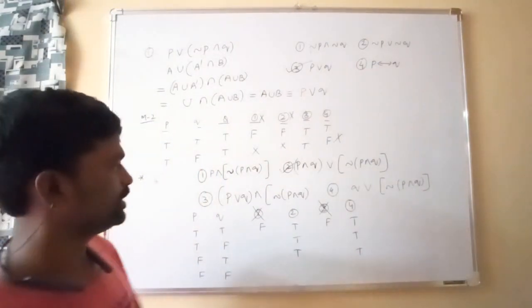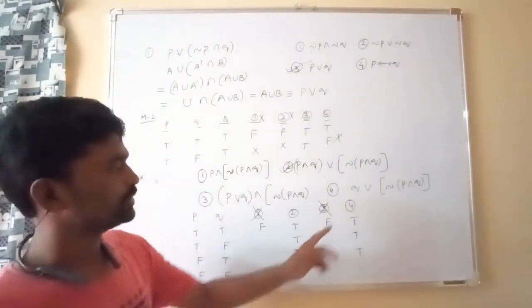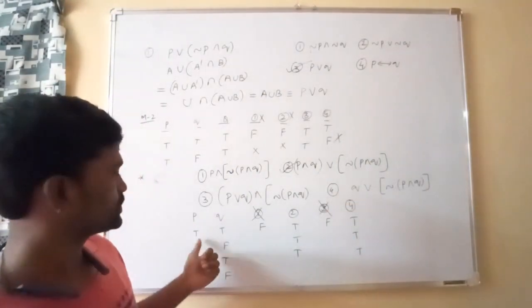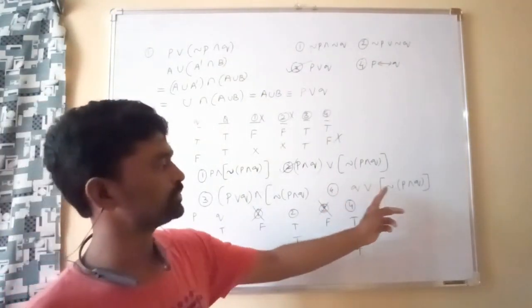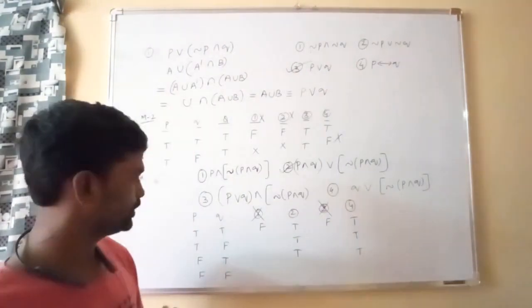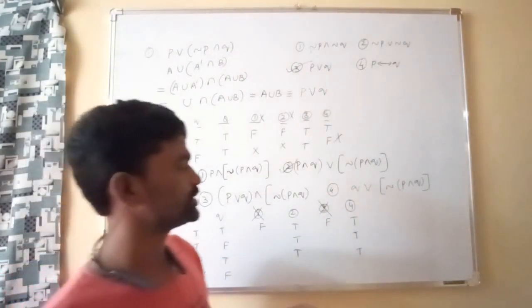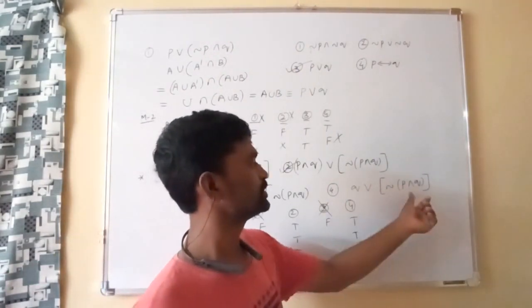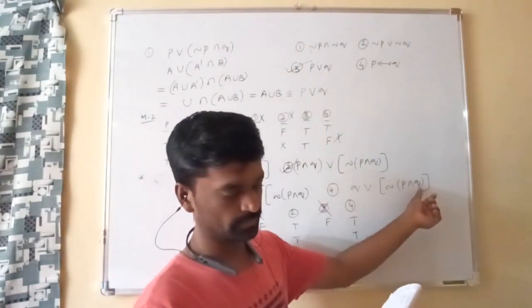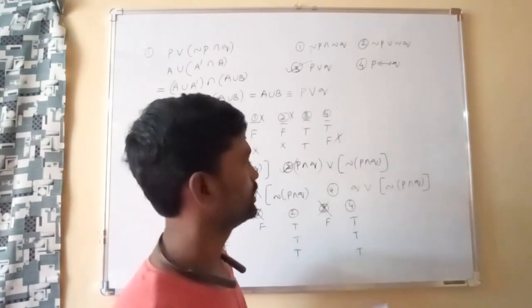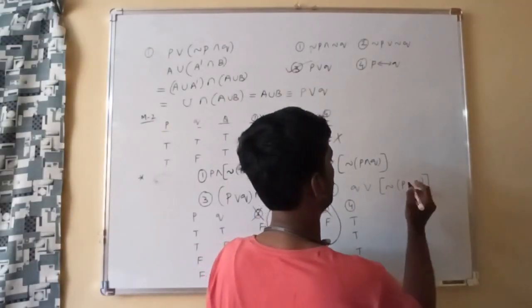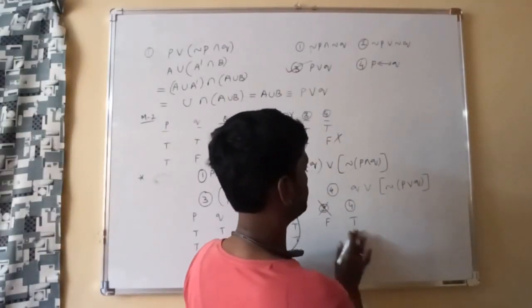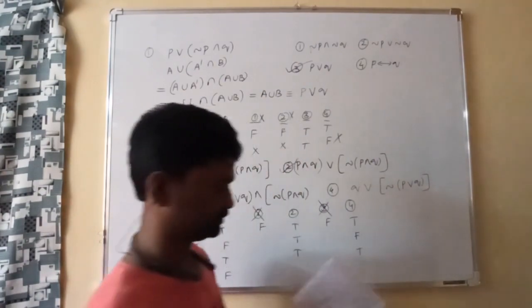Let me check once again in the fourth option. So here if I consider the first case true, true, what are we getting? True or false? True only. True, false. So here true I have taken, this is false only now. So true and false. Okay. Here the question is not and, this is R. So obviously in this case you will get false.